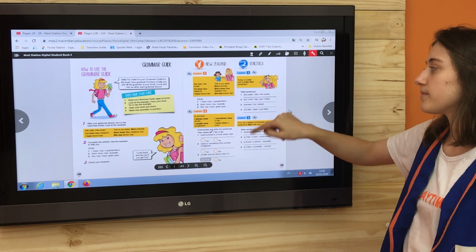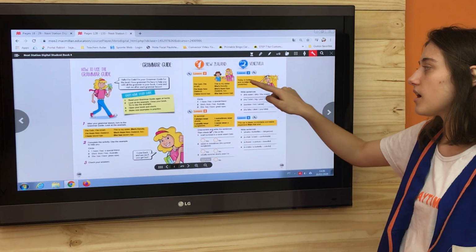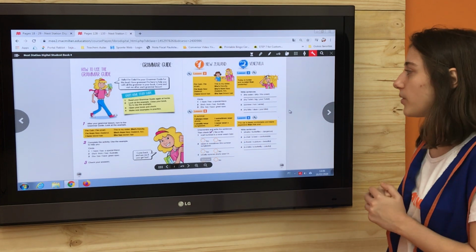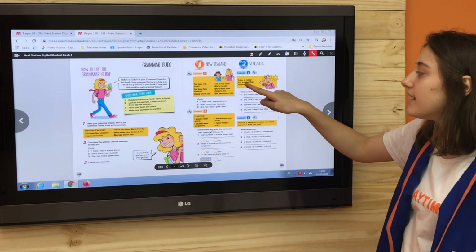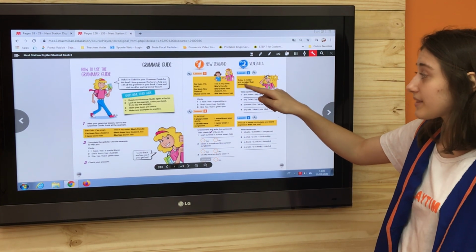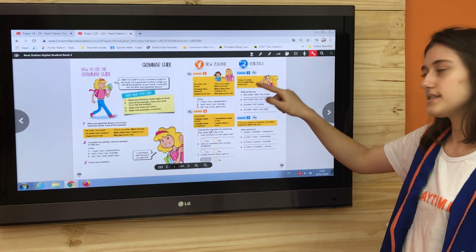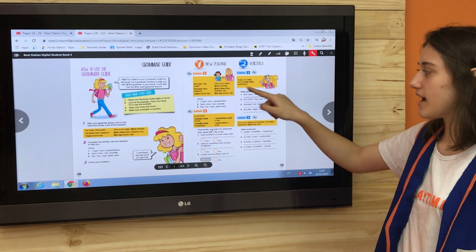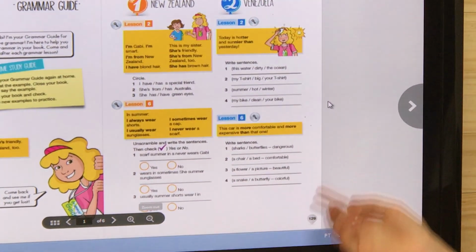So hotter, acrescenta mais um T e coloca o ER, normal, ok? And sunnier, ok? Then, always, sempre a gente vai usar o then. So now you